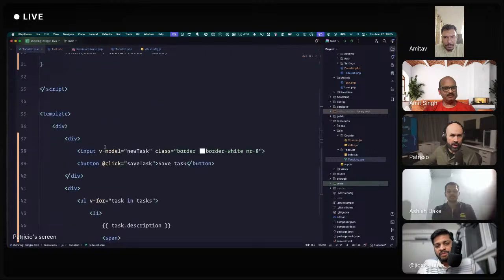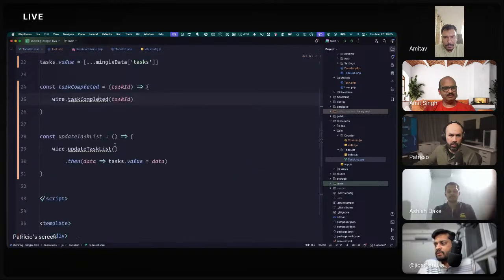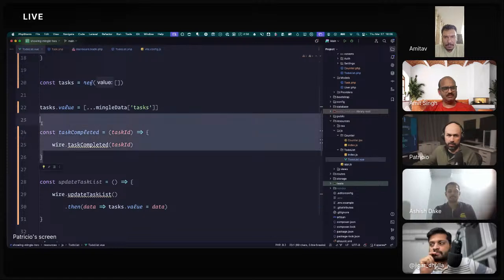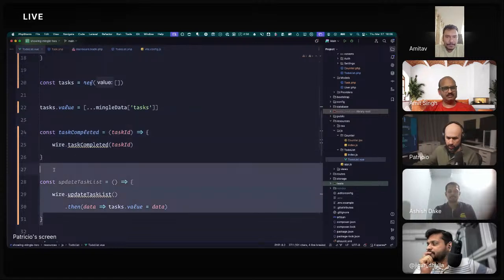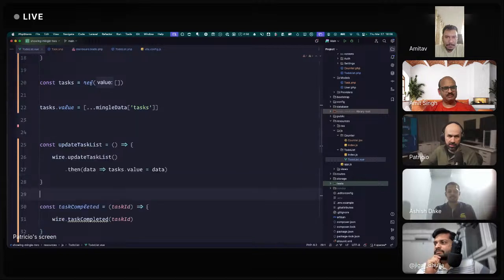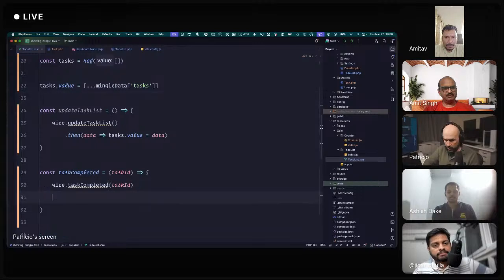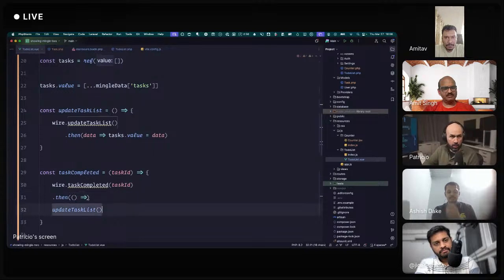Now we can do it in multiple ways. After we mark a task completed, we can update the task list, for example, right? So we would have to bring it up because it's still not declared. So we would now update task list, only after, like so.